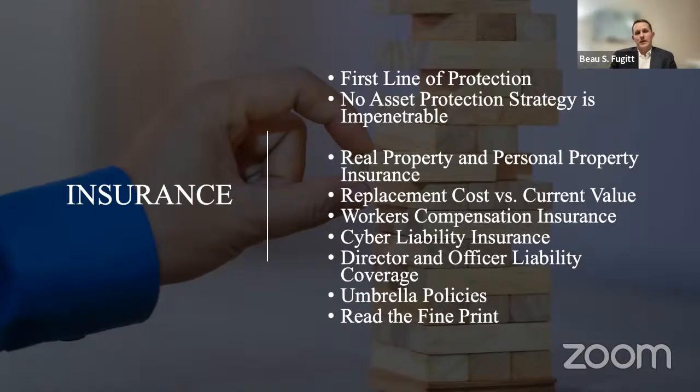So that's replacement cost. The current value, on the other hand, the insurance company can actually reduce the cost, right? Because they could say, based on the property's age or perceived value or depreciation, whatever, that the property is actually worth less than it would cost you to replace it. So for most real estate deals, I would say that the replacement cost is the way to go.